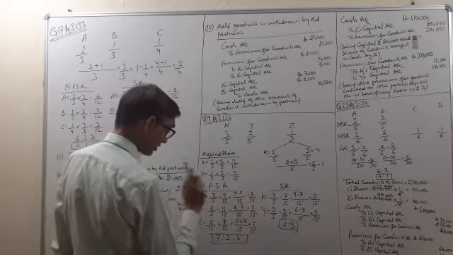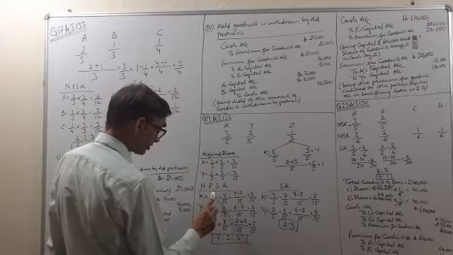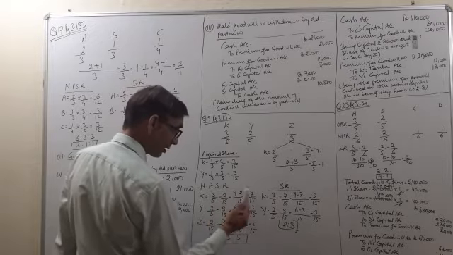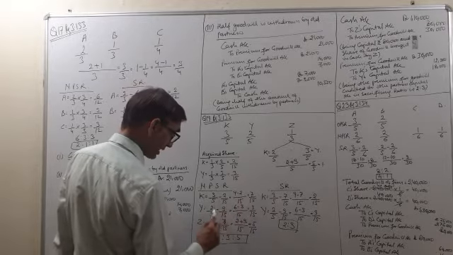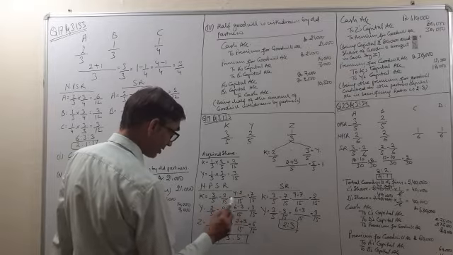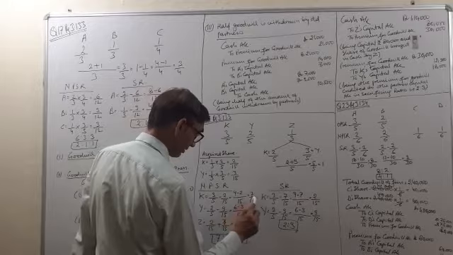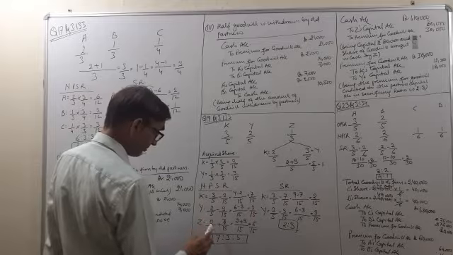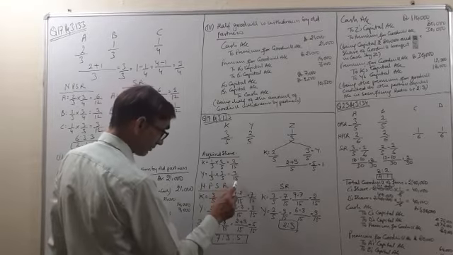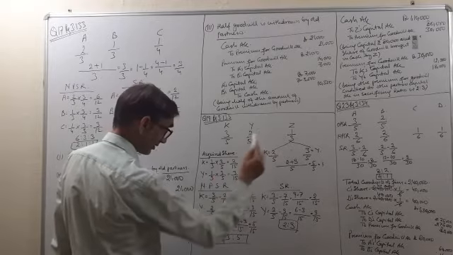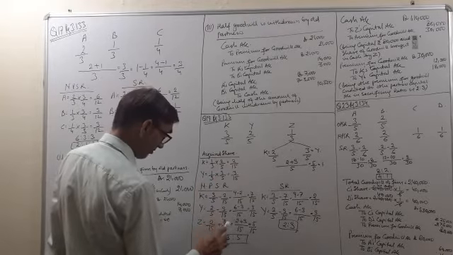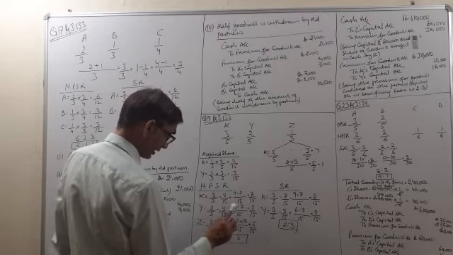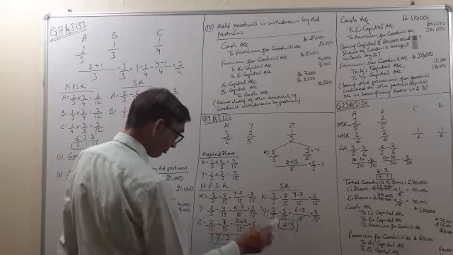Now the new profit sharing ratio. X's old ratio was 3/5 and he has given 2/15 to Z. So the remaining will be his new ratio. 15 will be the LCM. 5 3s are 15, 3 3s are 9; 15 1s are 15, 1 2 is 2. 9 minus 2 is equal to 7/15. In case of Y, old ratio was 2/5 minus the part that Z has acquired from him, 3/15. 15 is the LCM. 5 3s are 15, 3 2s are 6; 15 1s are 15, 1 3 is 3. 6 minus 3 is equal to 3/15.